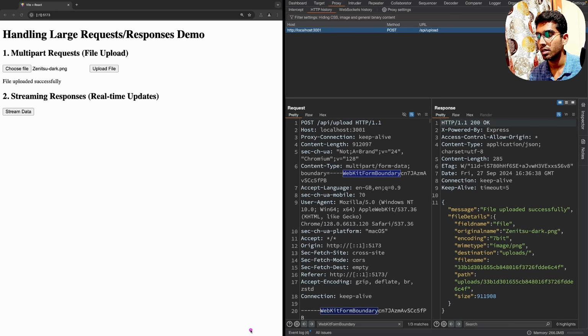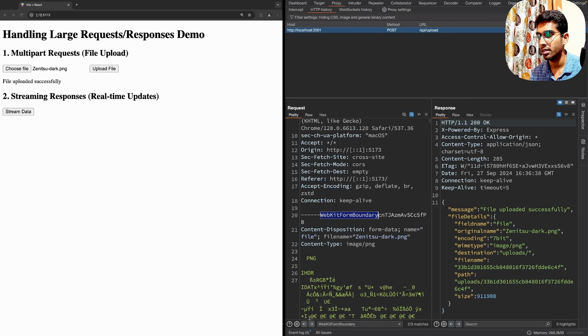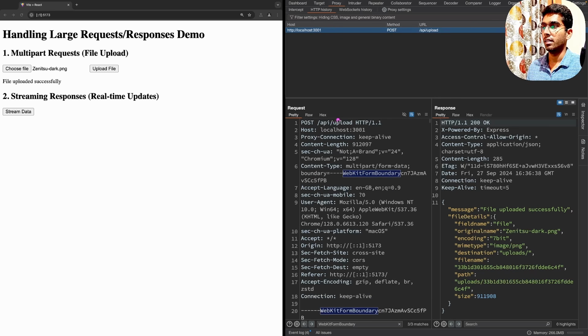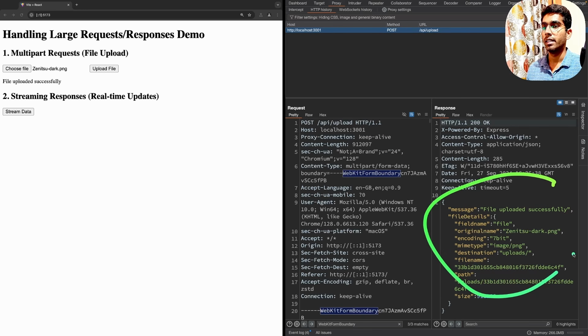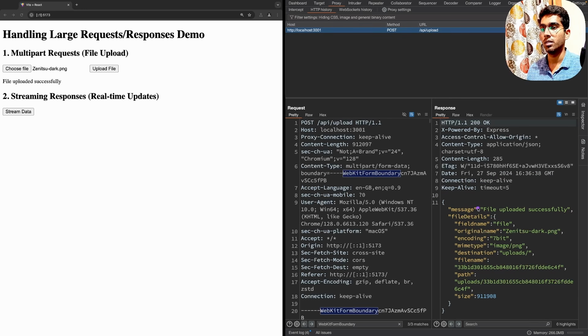And if we do a search here, we have the delimiter at the start of the binary data, and the next occurrence is at the end of it, when all the binary data ends in the request body, right? That is the use of the boundary parameter, and that is how we transfer a large file to the server, and the server can read the file, responds with some details of the file in order to say that the upload was successful. The idea is whenever we want to transfer large files to the server, we should use multipart